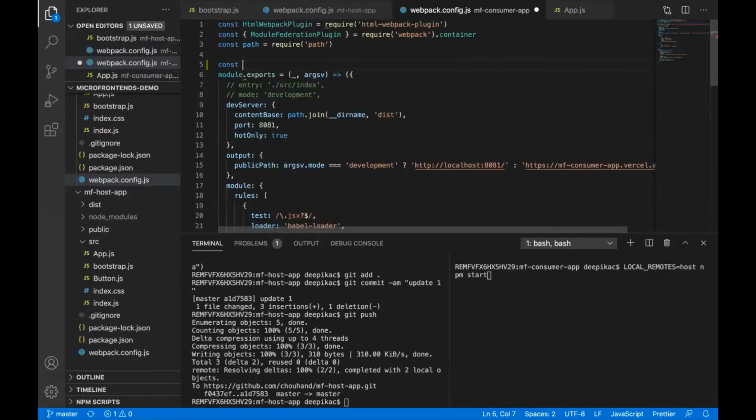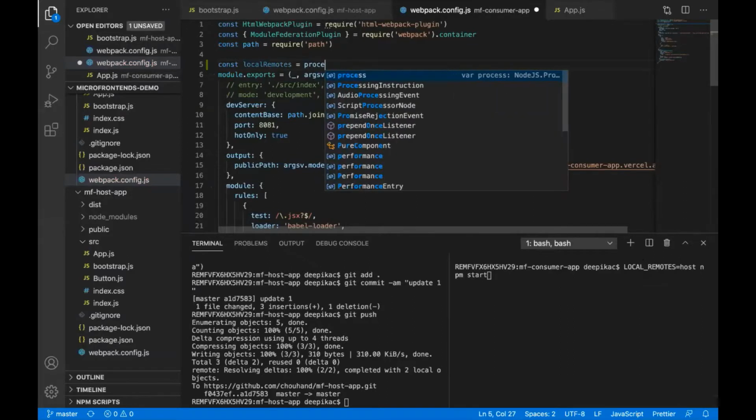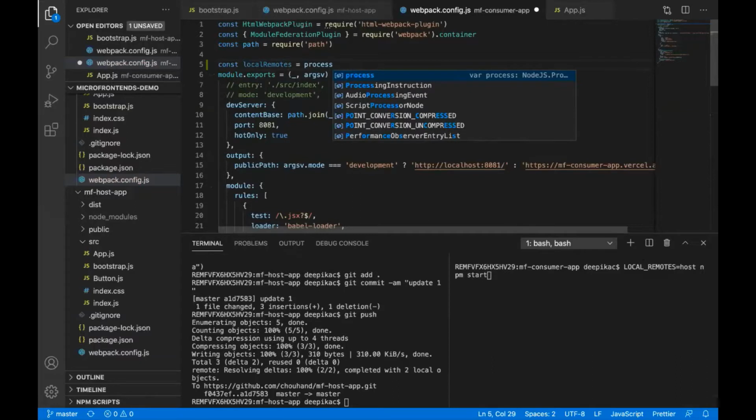So let's create, what was that? Local remotes. If it is from the process environment variable, right?